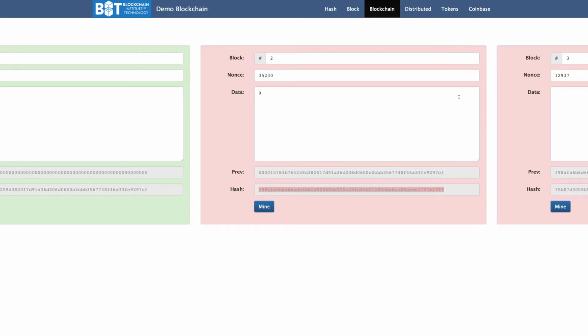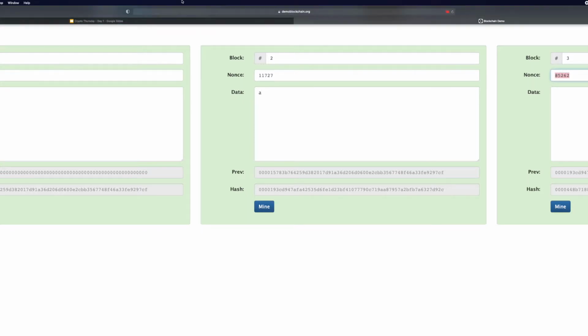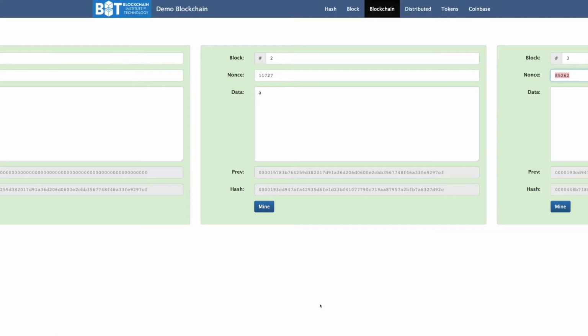From this point forward, all blocks are invalid. So now I must validate this block again, and you can see that it's a completely different hash from the one generated the last time, and it's already added here. So now I must also mine this block in order for it to be valid again. And when I mine it, the nonce changes as well. So yeah, you have to revalidate all data if you want the chain to continue.